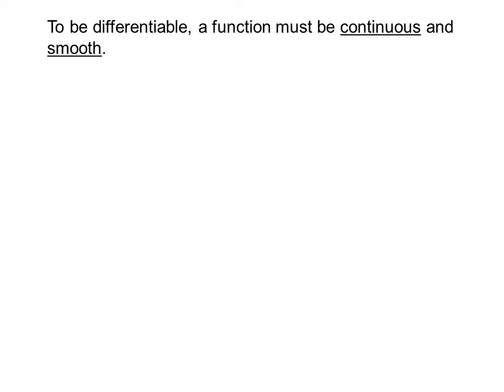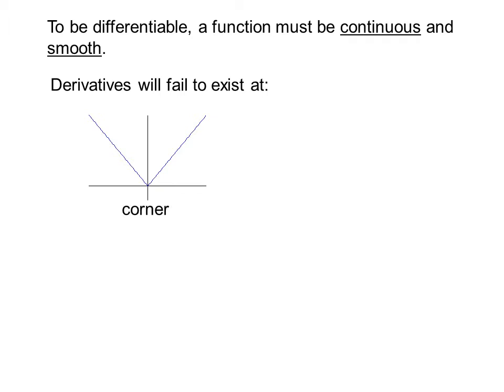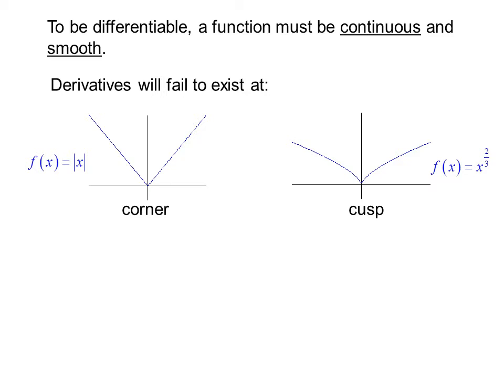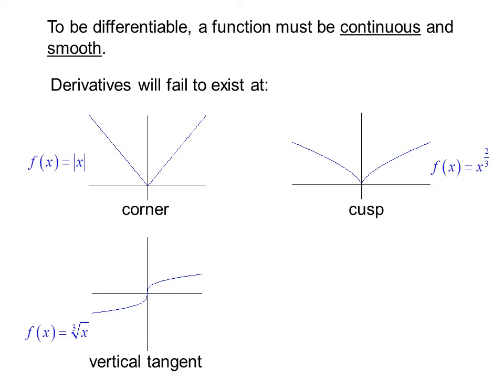To be differentiable, a function must be continuous and smooth. Derivatives will fail to exist at a corner, such as this graph of f of x equals the absolute value of x, at a cusp, as in this graph of f of x equals x to the 2/3, at a vertical tangent, as in this graph of the cube root of x,